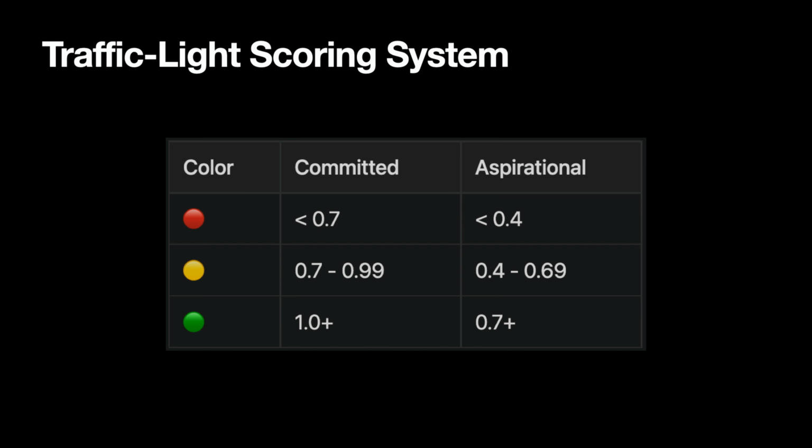During the post-mortem meeting, the scores for each key result are evaluated. Some companies will use a traffic light system with different scoring thresholds for committed and aspirational key results. Based on the insights in the post-mortem meeting, the team reviews objectives that are ongoing and key results that have not been fully achieved. They will update and create new key results in a similar manner to the original planning process.